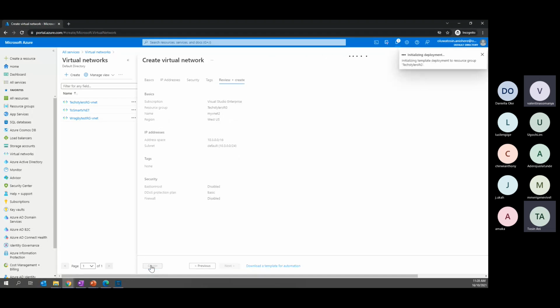So, this is a very simple way, I'm using the words very simple way, that we can get to create the virtual network. Okay. So,